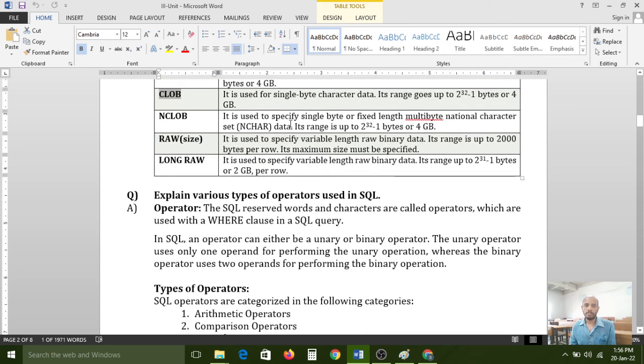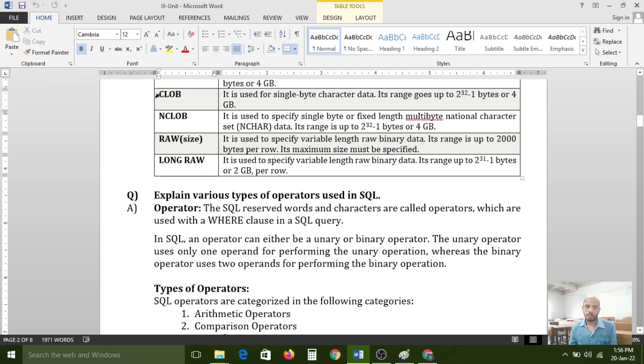NCLOB is also the same, but it is related to Unicode characters. Before, I told you about the character data type and the N character data type. Character data type is related to the ASCII standard, but N character is related to the Unicode standard.